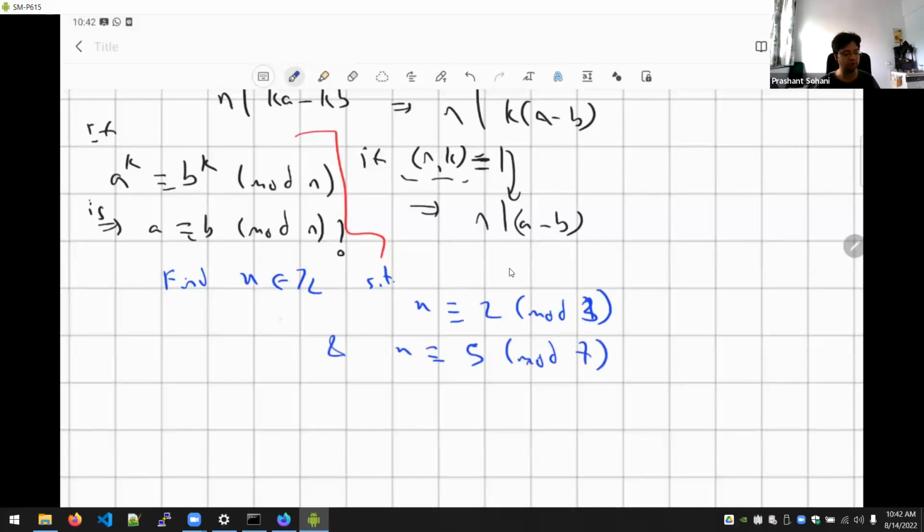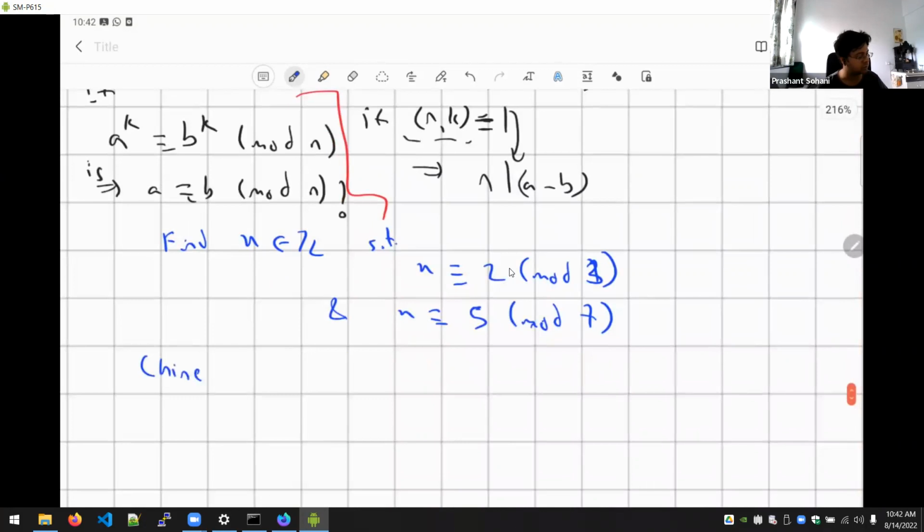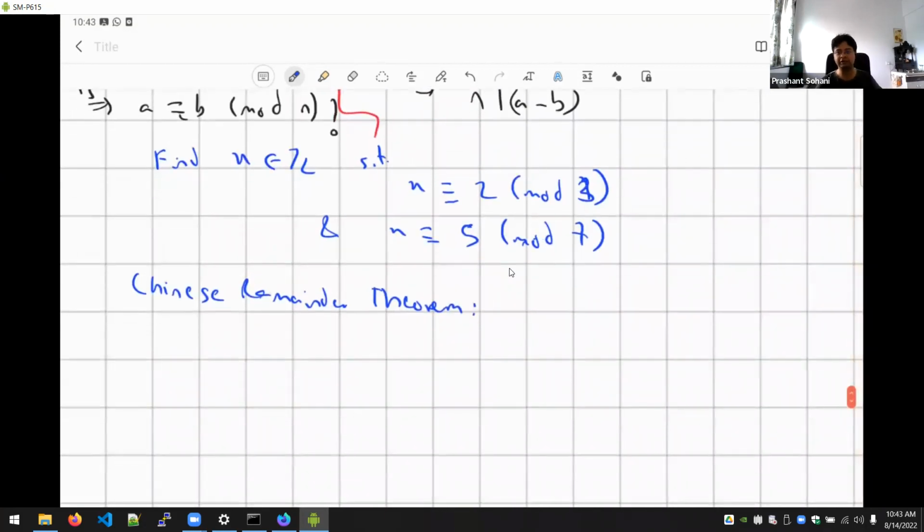So if you want to find such a value of x, what can you do? This is a small numerical example, so you may be able to find some answer just by trial and error. But what can be the systematic way to solve such a system of equations? That is what we want to do ultimately. That is called the Chinese remainder theorem. The Chinese remainder theorem deals with the solution for such a system of equations: x congruent to a1 mod b1, a2 mod b2, etcetera. Then under what conditions does such a system of equations have a solution, and what is the complete set of such solutions? That is what the theorem talks about.